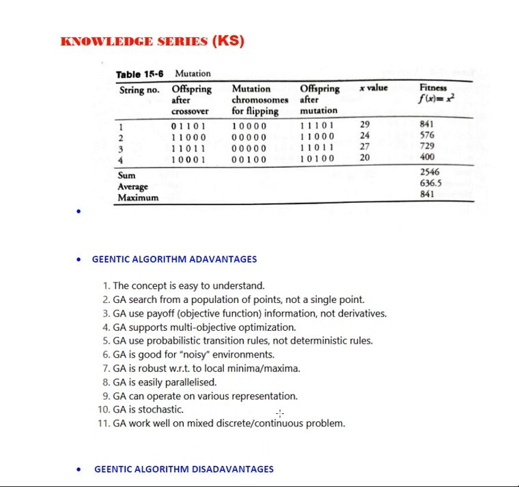Moreover, even if there is noise, it can produce corrections, because we try to select the best parents for mating, to mate the best parents to produce new offspring. So that is the thing, and it is robust with respect to gradient descent methods on maxima and minima identification, and the genetic algorithm always computes in a parallelized way.